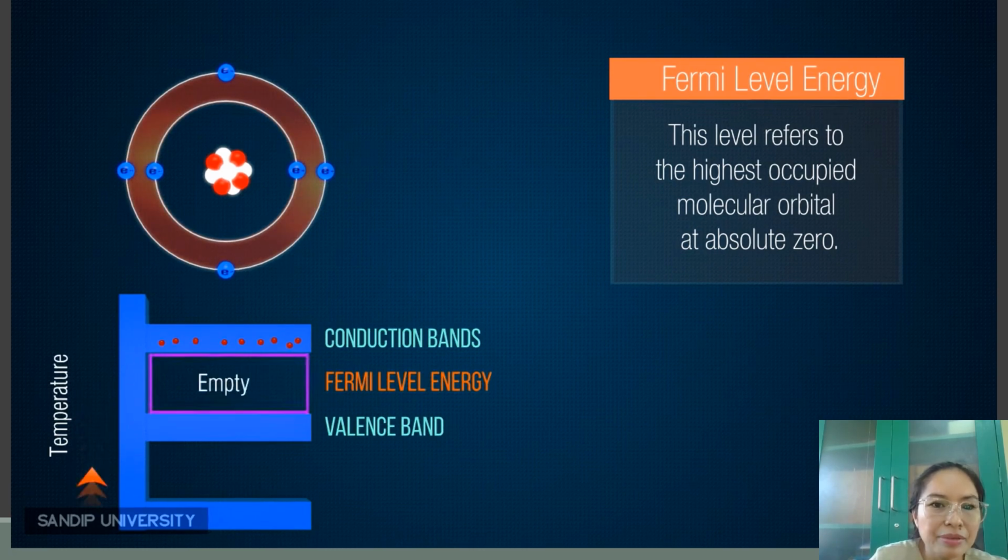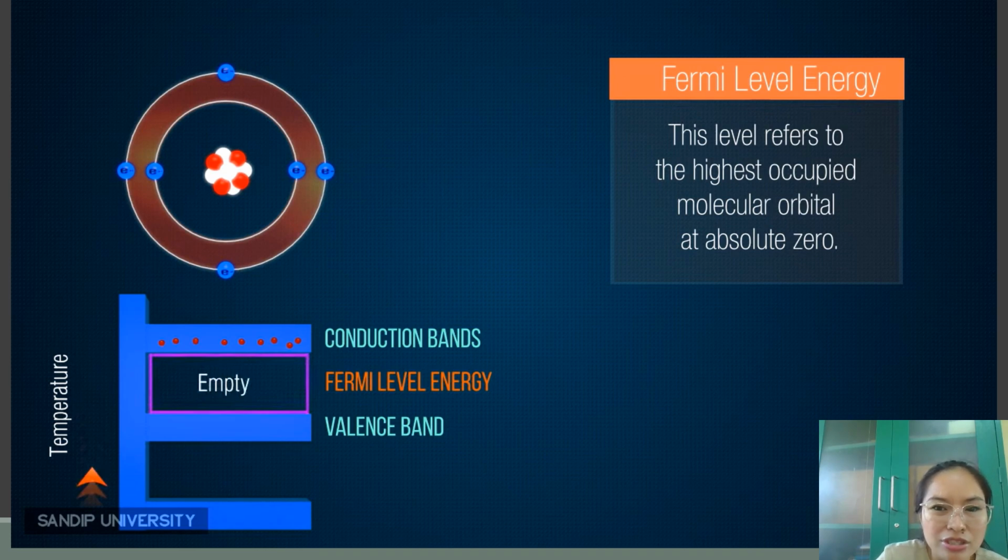Now, the Fermi level is the maximum probability of finding an electron at absolute zero temperature. What is the Fermi level in semiconductors? The Fermi level, denoted as EF, is present between the valence band and conduction band. It is the highest occupied molecular orbital at absolute zero. The charge carriers in this state have their own quantum states and generally do not interact with each other.